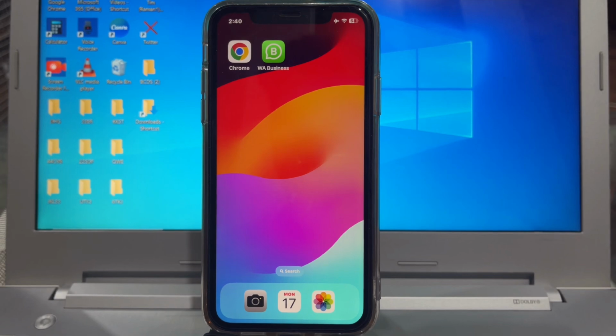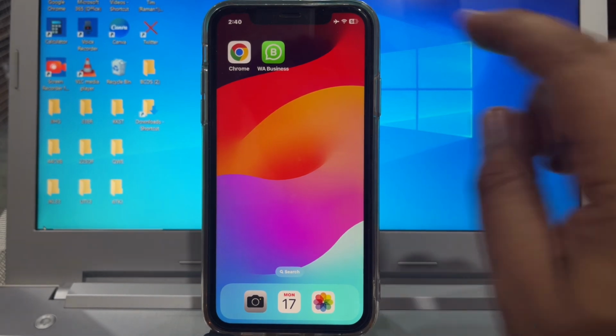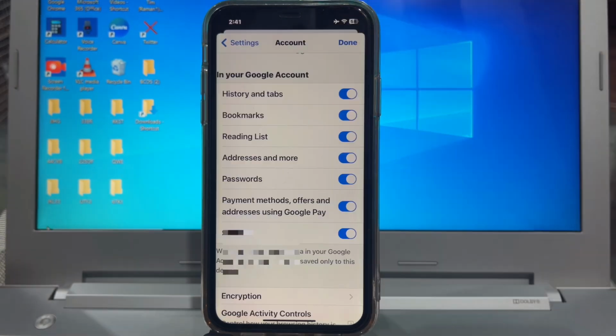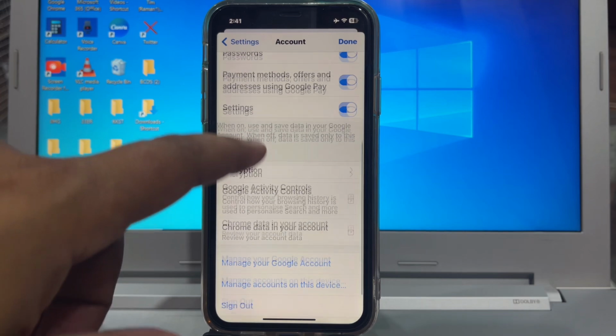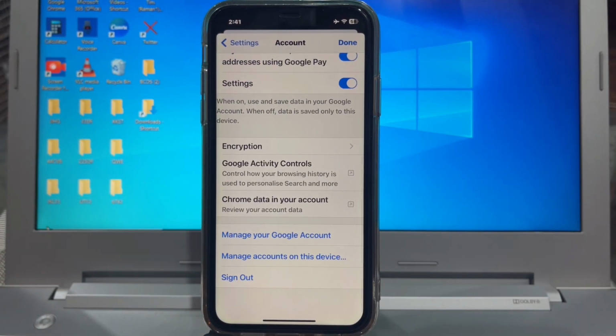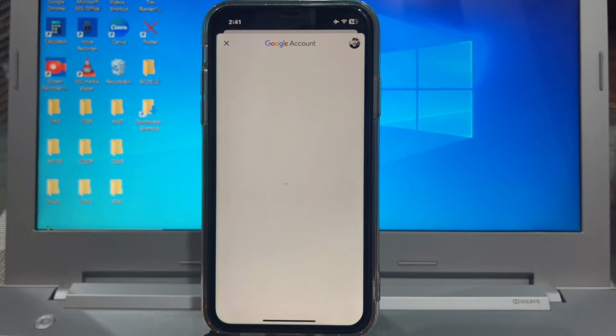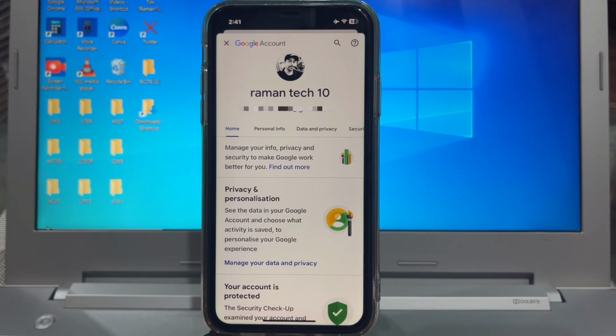First, friends, you open Google Chrome and click here, scroll down, and here you have the option Manage your Google Account. Click here, and here you have the option Data and privacy. Click here